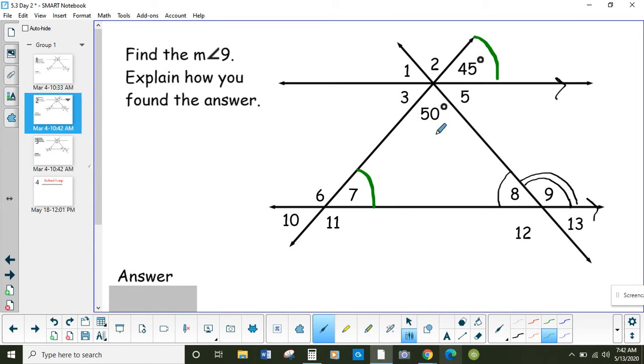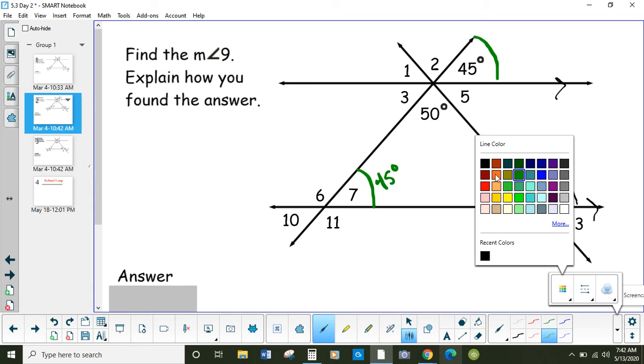They're in corresponding places. They're in the same top right corner. That means if this is 45 degrees, this is also 45 degrees. And look, we have a triangle right here, right? Pretend that's drawn nicely, which means that I can use the triangle sum theorem because I will have